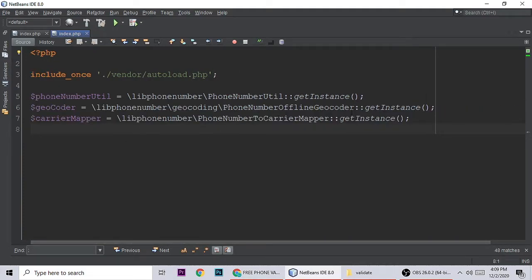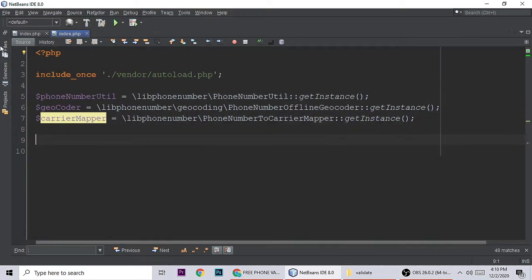These are the classes: PhoneNumberOfflineGeocoder, PhoneNumberUtil, and PhoneNumberToCarrierMapper. We have created objects of these three: PhoneNumberUtil, the geocoder, and the carrier mapper.